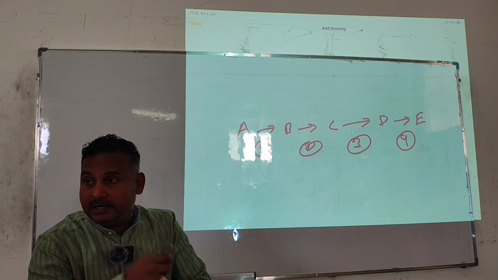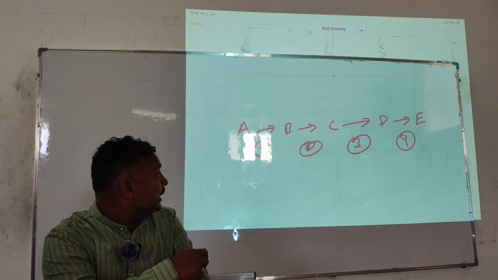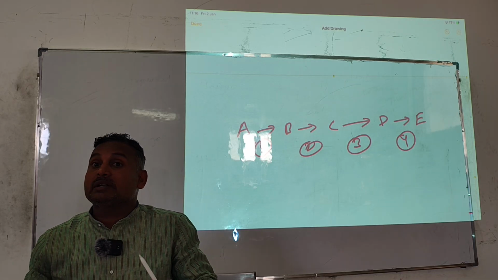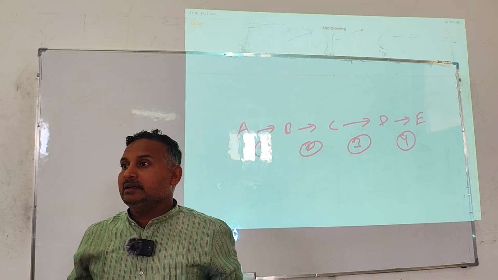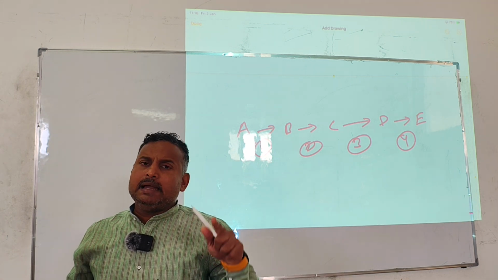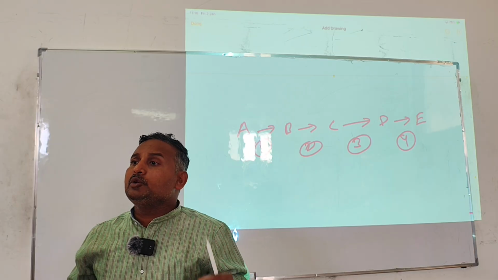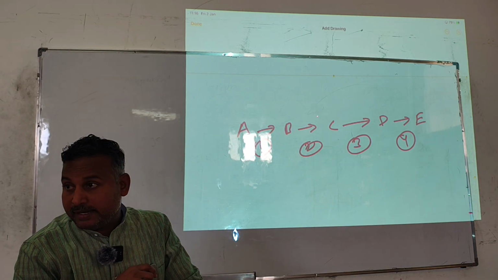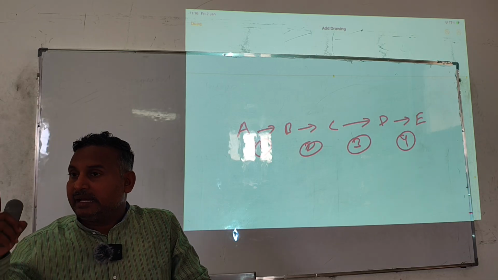In C you are modifying the attached group. Then to D, and then finally you get your targeted product. Now at every stage of the reaction process you need to analyze. You need to collect some part of B to analyze